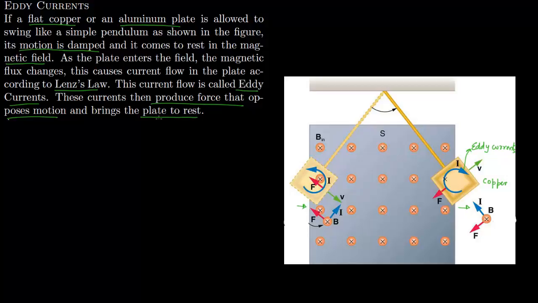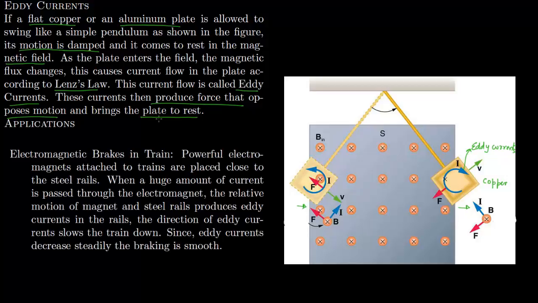Now these eddy currents are extremely useful, and we will give two examples of eddy currents' practical use. The first one is electromagnetic brakes in trains. So what is done is, powerful electromagnets are attached to the trains and they are placed very close to the steel rails. So when the driver wants to brake, a huge amount of current is passed through the electromagnet, and the